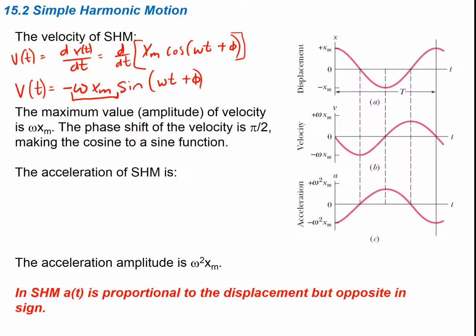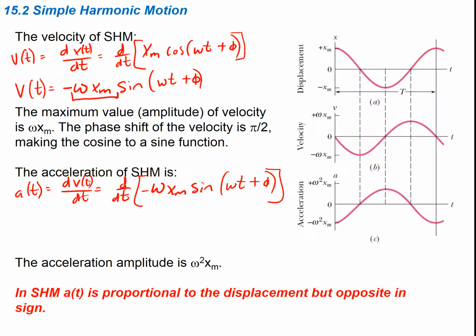Okay, so the acceleration can then be given by the derivative of the velocity function. All right, so our acceleration with respect to t is dv of t dt. All right, so it's d dt of our velocity function, which we just found, which was negative omega xm times the sine of omega t plus phi. All right. So our acceleration function is then, of course,